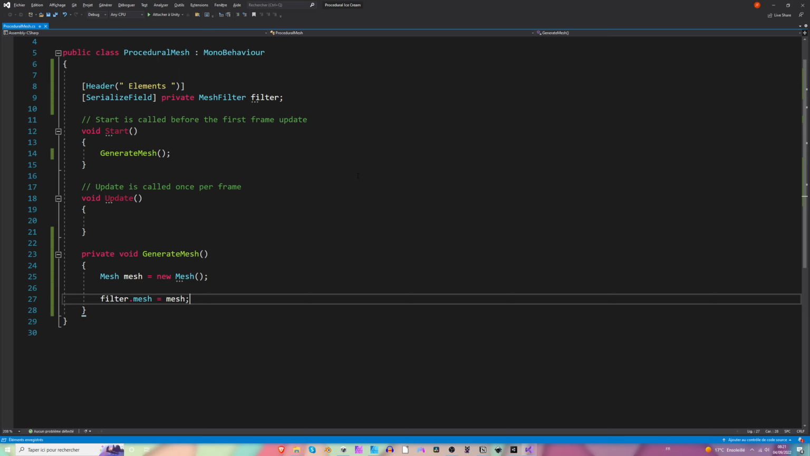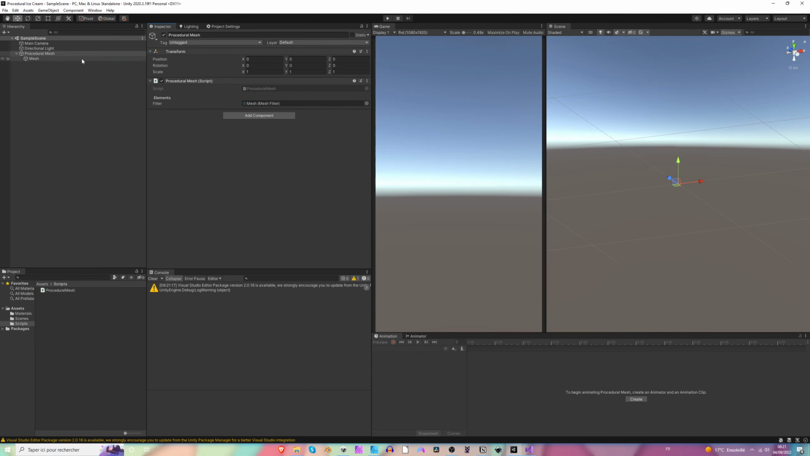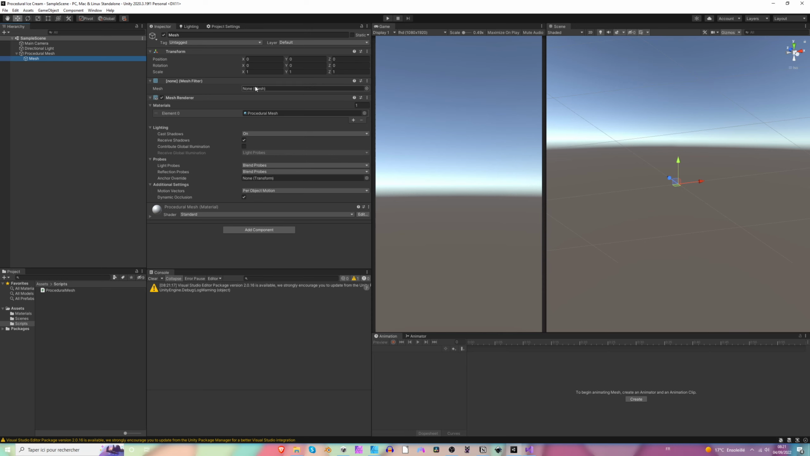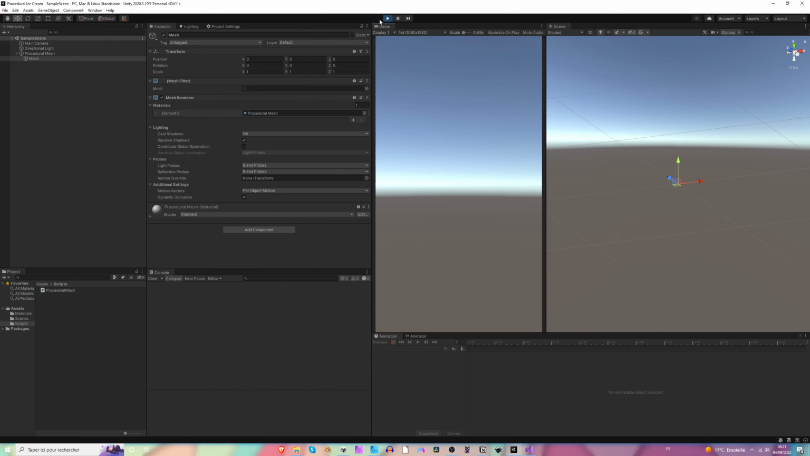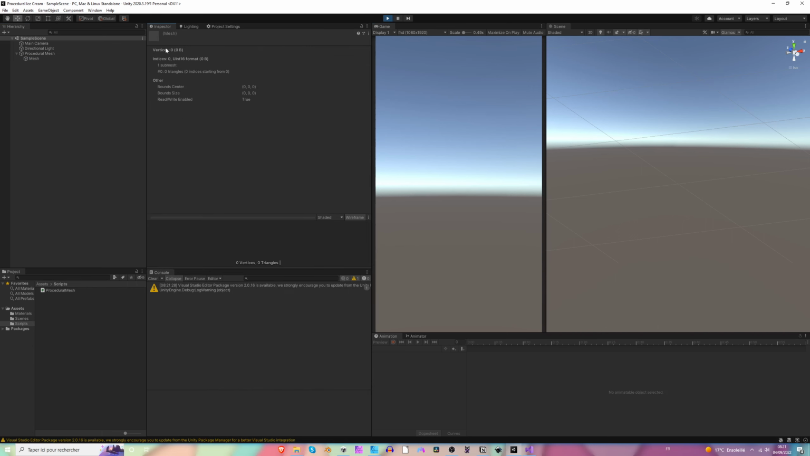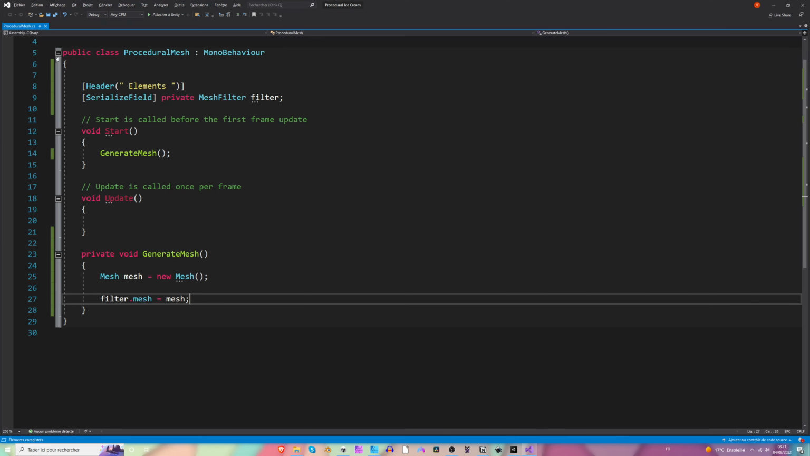All right, we can already try this out. So normally when we hit play, we should have a mesh here attached. So now it says none. So let's start play. Cool, we now have a mesh. It's a blank one, but we have one, which has 0 vertices and 0 triangles. That's a pretty cool mesh. Okay. Anyway,